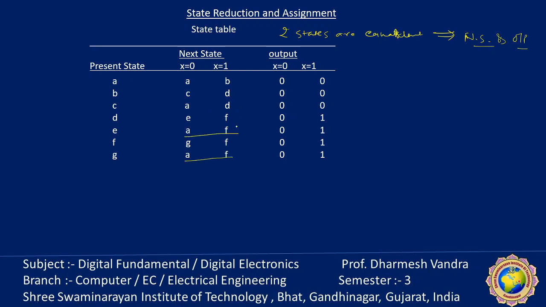This is the first step. The second step is that if these two are the same, the output is the same. 0, yes, 0. 1, so 1. So we can say that E and G are equal. So we can cancel out this 0, and G will become E. Wherever there is G, I have to cross it out and convert it into E. Okay, this is the first step. First, this G will be cancelled out.